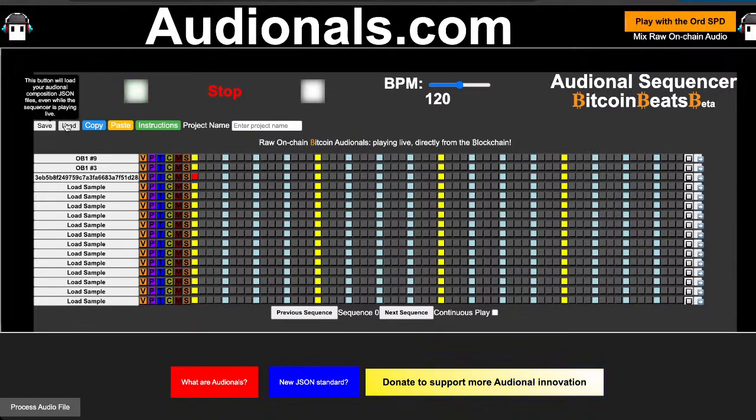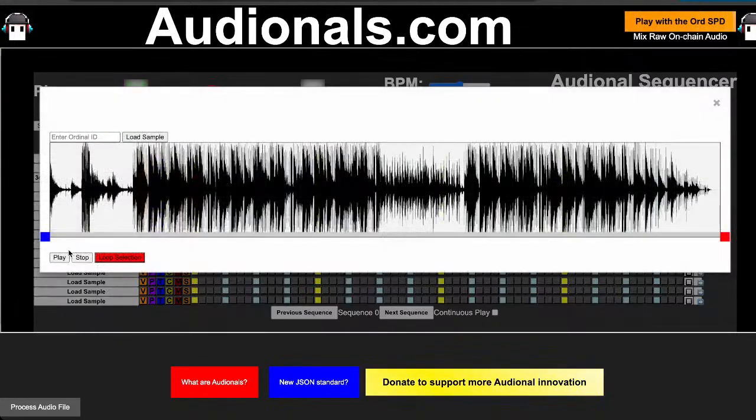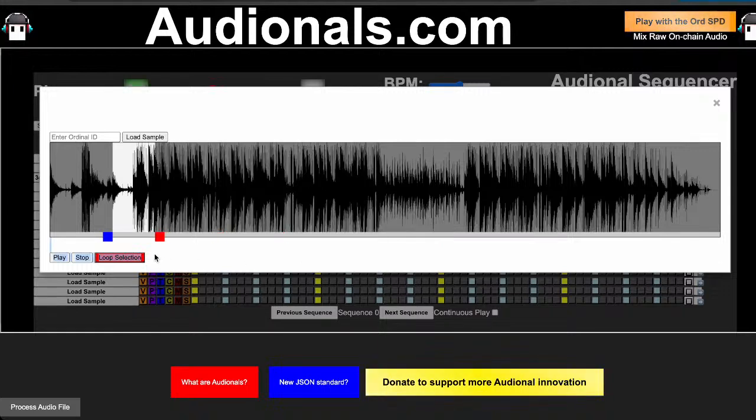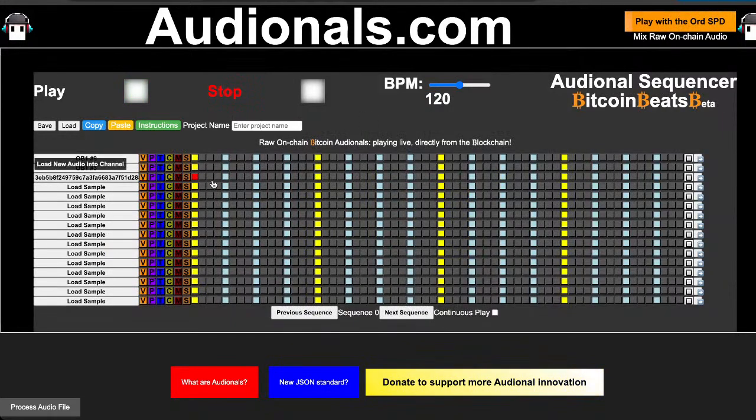That would be a cool idea to get people to do some remixes, because all you do is go in here and highlight a section. I need to improve this bit of the UI a bit. It'd be good to know what the actual tempo of this is as well. So if I loop that up,